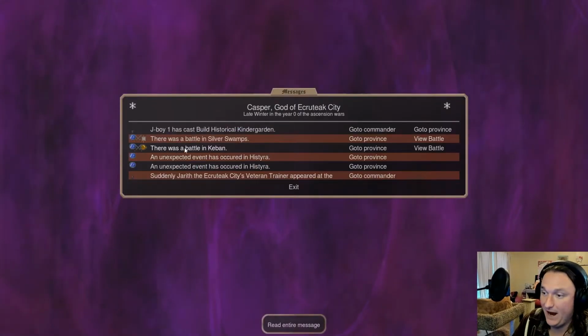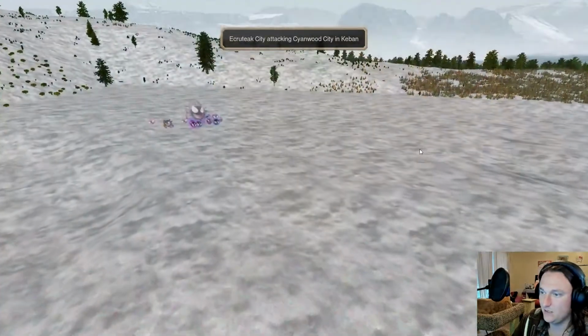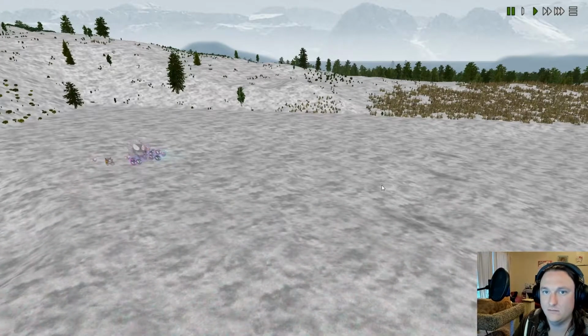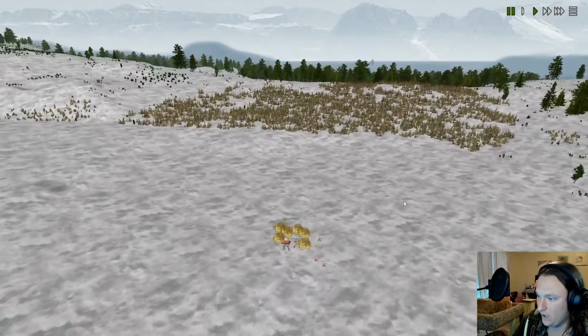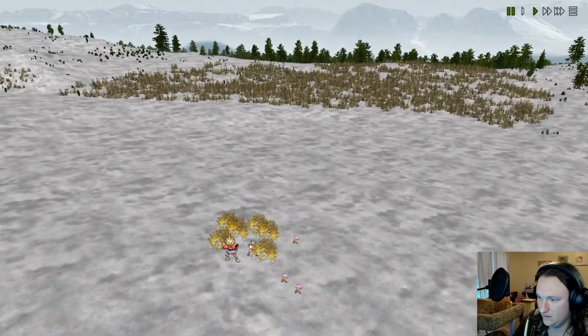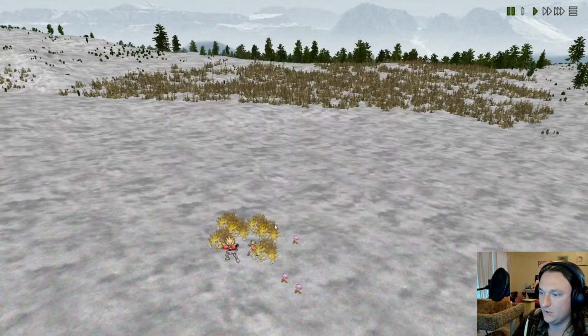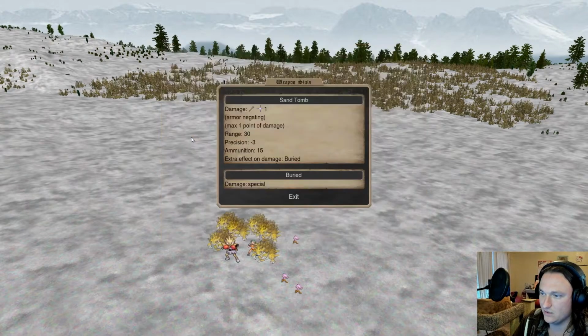Then we have a battle in Kevin. Right, we are raiding Cyanwood City because Cyanwood City decided to bring trouble and try to take one of my provinces, so screw them. And we are up against a small PD, right? We've got some Sand Slashes and a Hitmonchan here, which is interesting. Now, the Sand Slashes, in theory, these guys could be pretty dangerous. So we've got